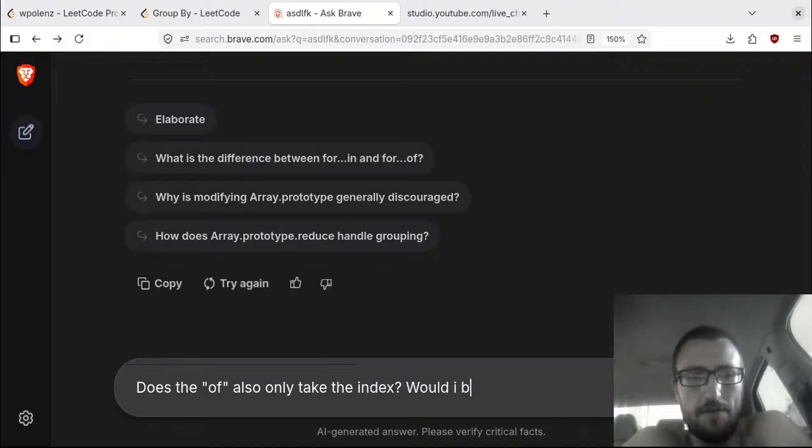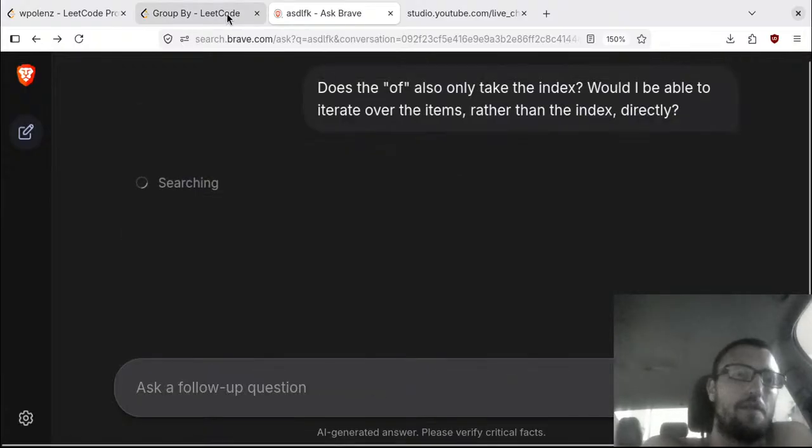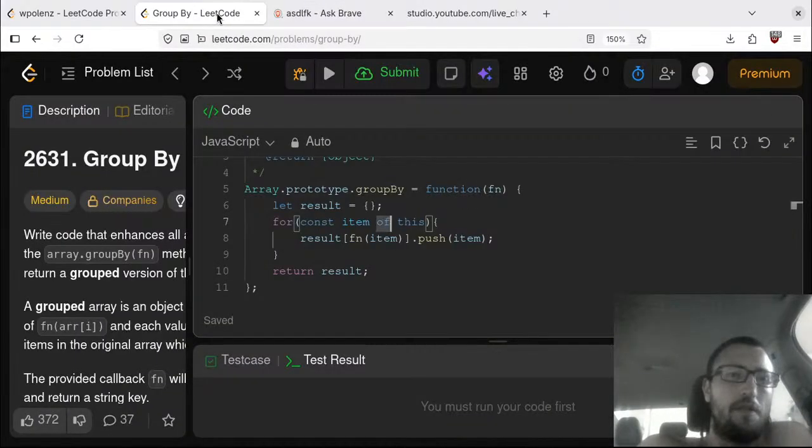Would I be able to go over the items directly? So I could. Okay, so the main issue is